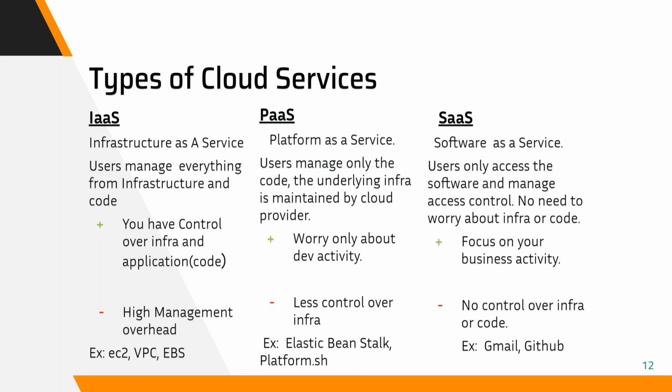Or Yammer, for instance, some of the companies might be using Yammer, which is an internal social media site. That's also a SaaS offering. Or Saba Learning. Saba has a SaaS offering. From the IaaS example, we have EC2, VPC, EBS. These are some of the commonly used examples from the AWS perspective. You also have other things like Azure Virtual Machines, Google Virtual Machines, a lot of other stuff.